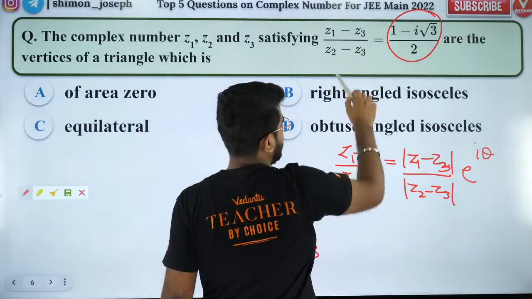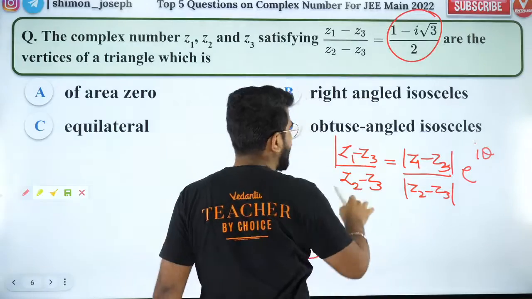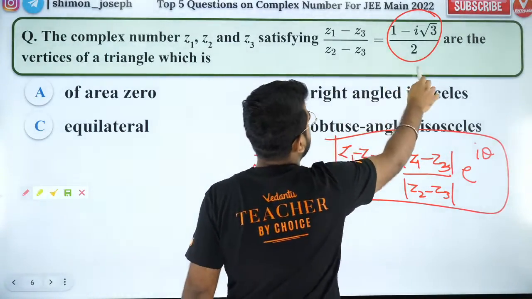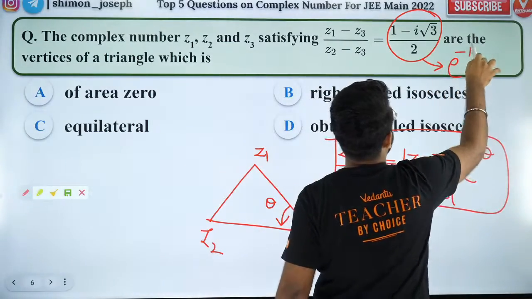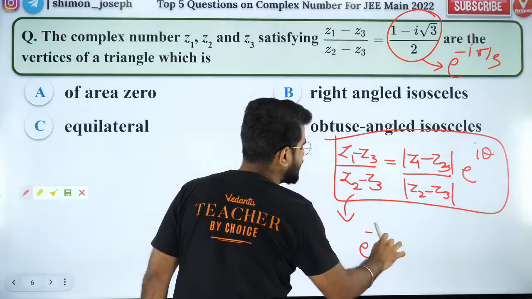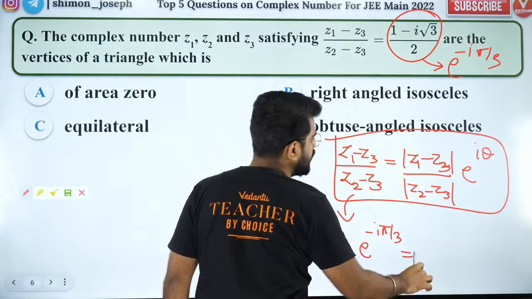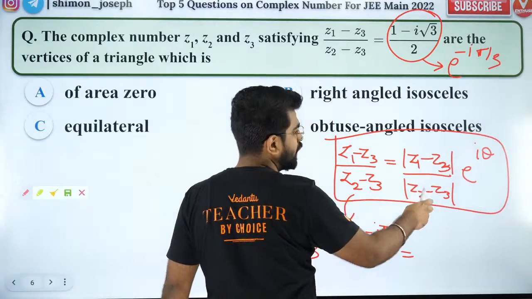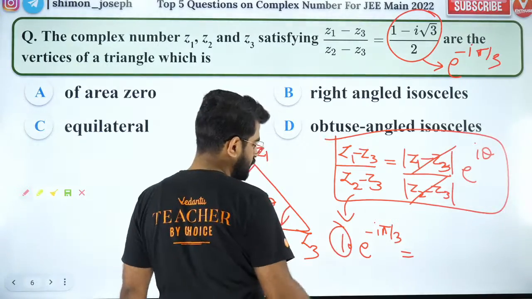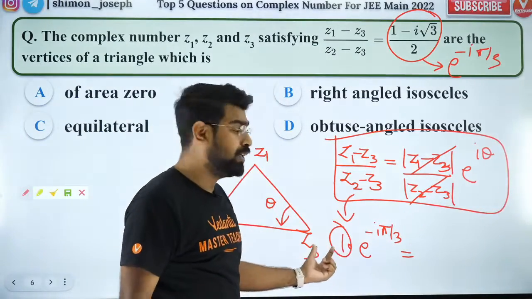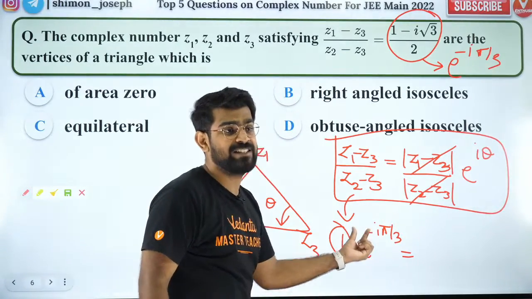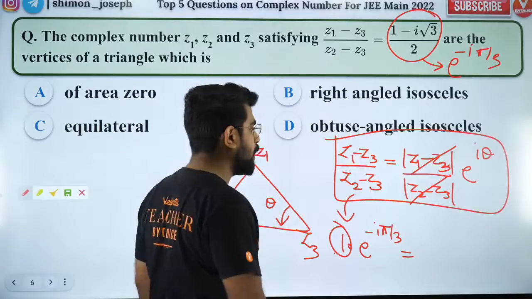So guys, this is actually equal to this by the rotation formula. But what have they given? They have given e to the power, this is how much? E to the power minus iota pi by 3. Okay, so the left hand side is nothing but e to the power minus iota pi by 3, and that is equal to, these two will get cancelled, right? These two are getting cancelled because the modulus part is just 1, and then the argument part is minus pi by 3. I hope all of you are clear.